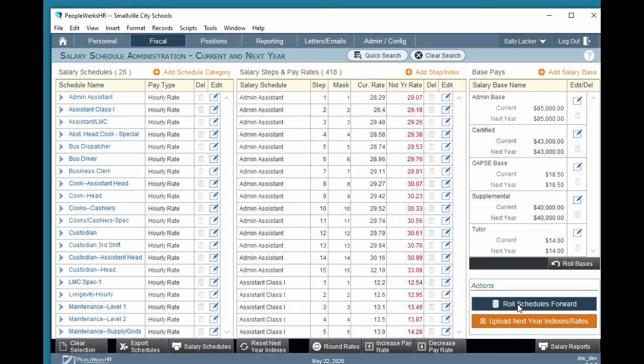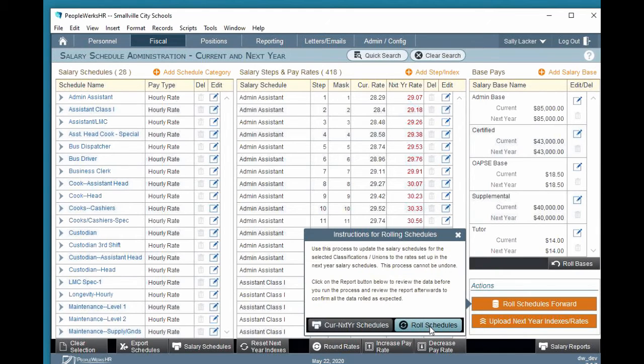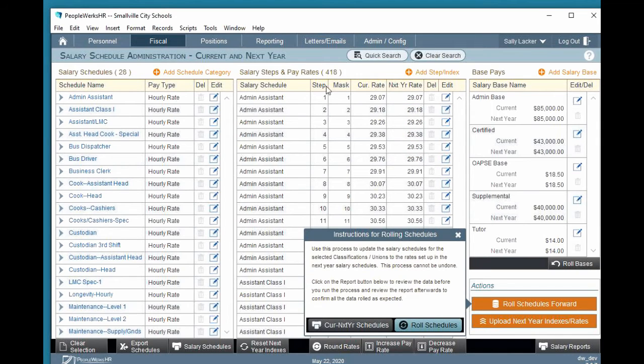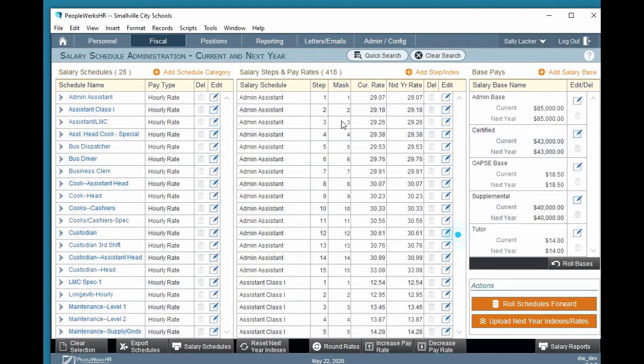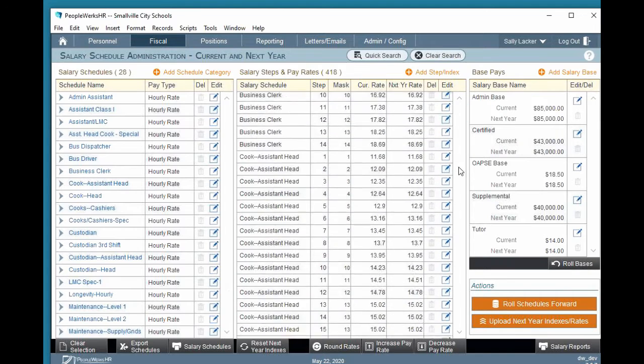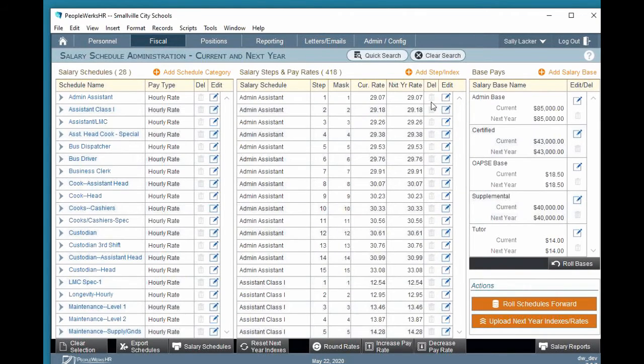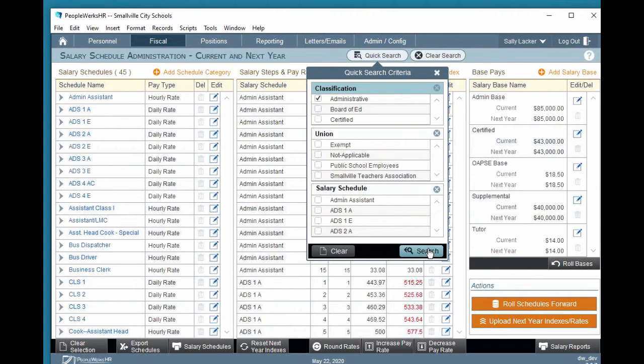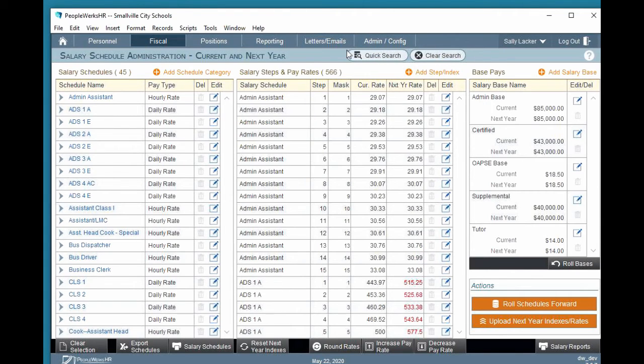So I'm going to go ahead and click on my roll schedules and click on the roll schedule. It asks me whether I really want to do it, and I say yes, so I can continue. At this time, it has updated only the schedules that are showing here. Only the schedules here. So if I had other classifications that I needed to do, then I would click on them. I see I have some admin